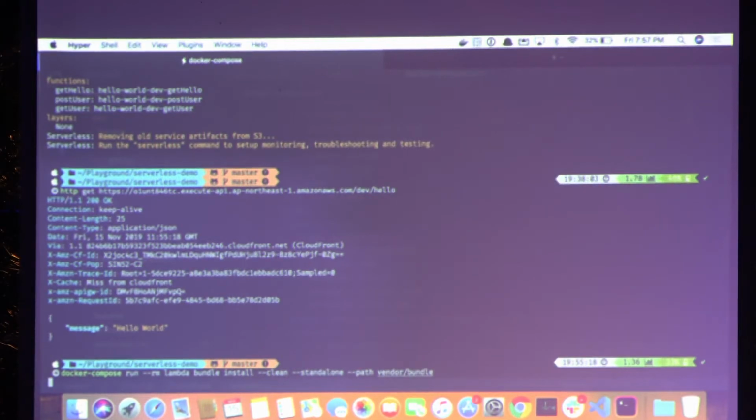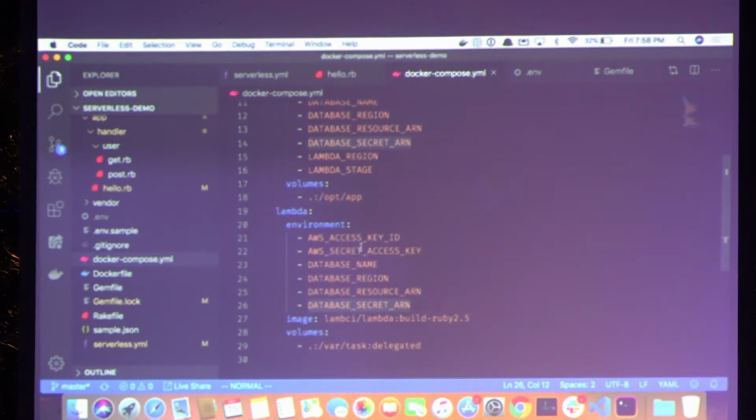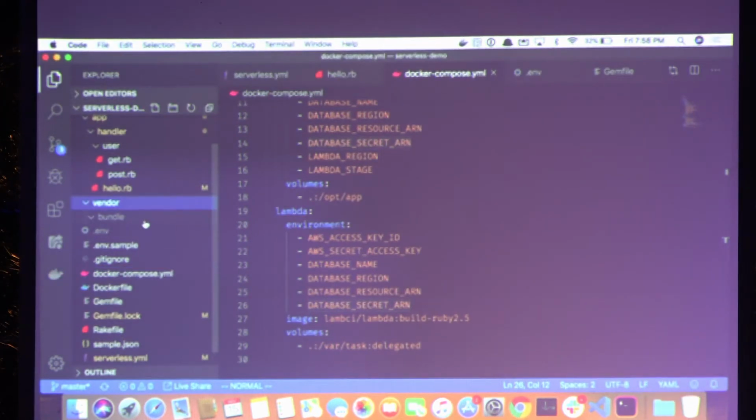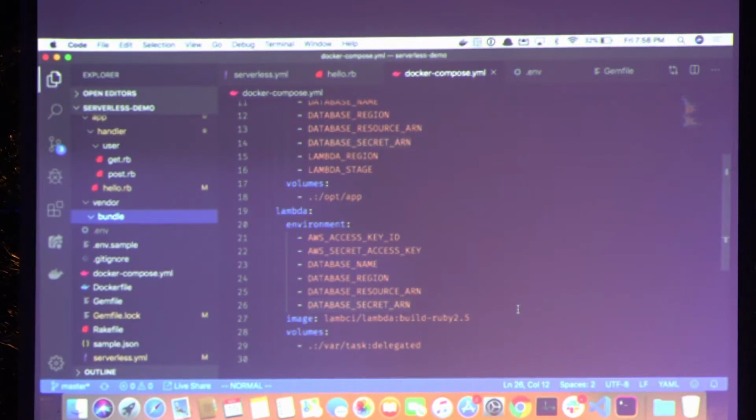If you do this, what happens now is we get a vendor bundle directory, which is here. Oops, it didn't ignore. But if you try to browse the contents of this directory, what you're going to see is all your gems are packaged inside of vendor bundle. Now that we have that out of the way,